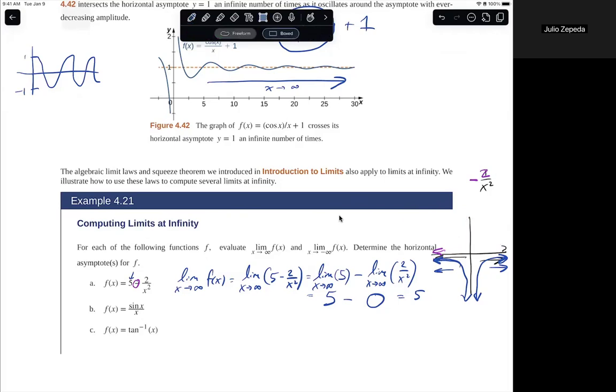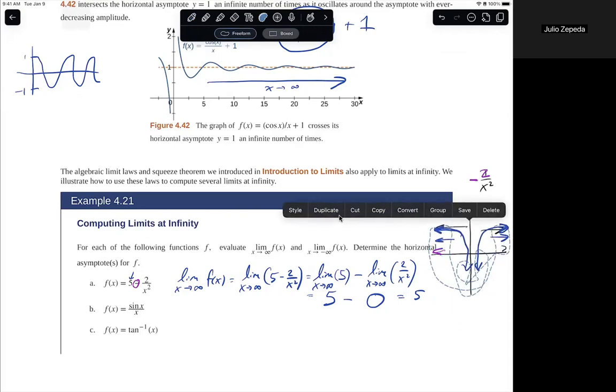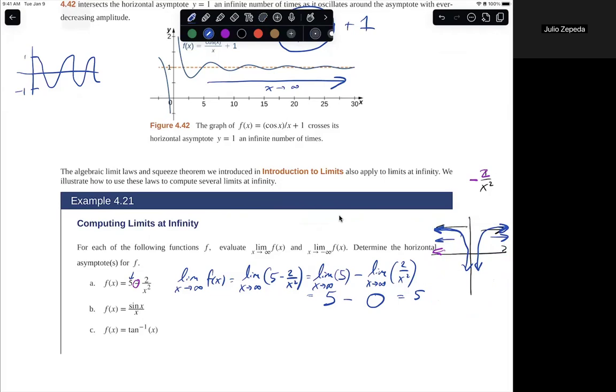If we were to shift this graph up 5 units, 2, 3, 4, 5, then we can see that the limit is going to be at the horizontal line y equals 5. Okay, so there's another argument for how we can get a 5 just by knowing the graph. All right,